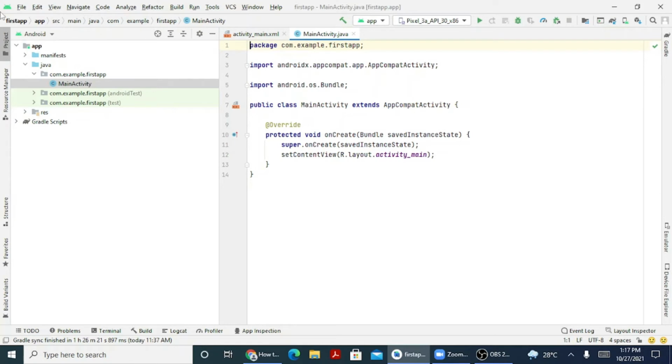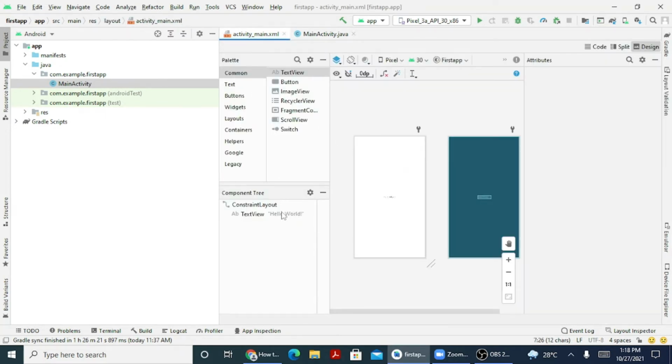Every time you will be creating an application, inside that there will be an XML file and there will be a Java file and it will always be named in a similar pattern. If you want any name to be changed, there will be a prompt window where it asks whether you want to give any other name. That time you can give a name and that name will be reflected over here. So if you try to rename this file name, you need to rename it over here as well. Otherwise, the connections will not happen. So in the main.xml file, you can see there are some components over here.